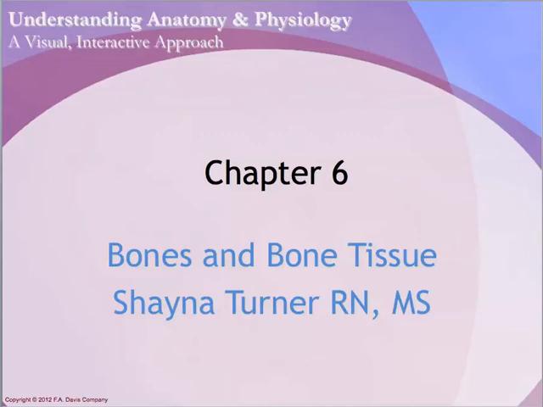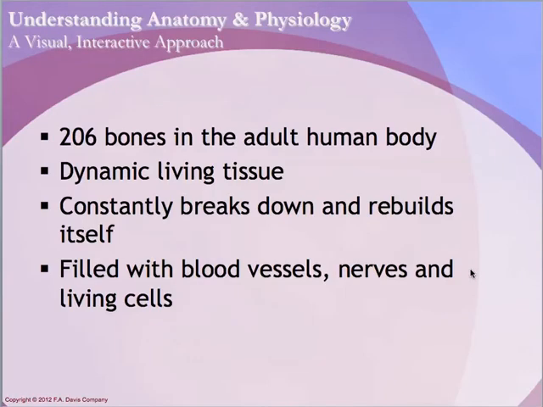All right, guys, today we're going to cover chapter 6, which is about bones and bone tissue. So let's just start off with some general discussion about bones. We have 206 bones in the adult human body, and bones really are more than just a framework for our body, which most people kind of know that function that bones do, but they're really dynamic living tissue. They're constantly breaking down and being rebuilt. They're filled with blood vessels and nerves and living cells, and they play a really, really important job in our